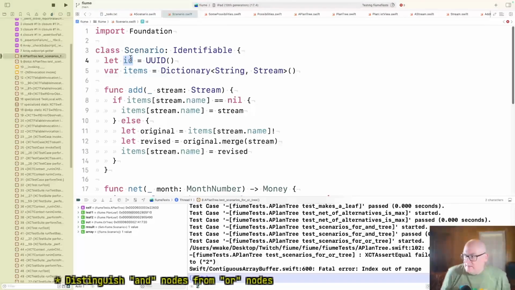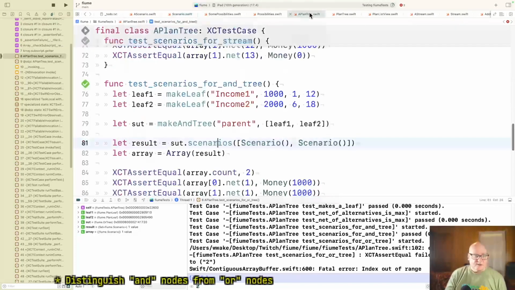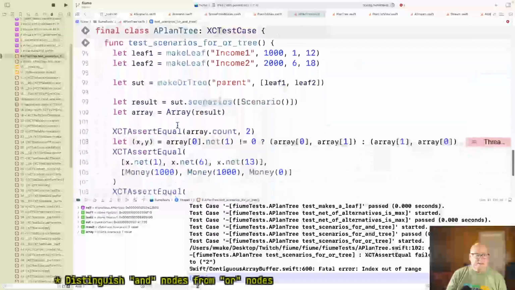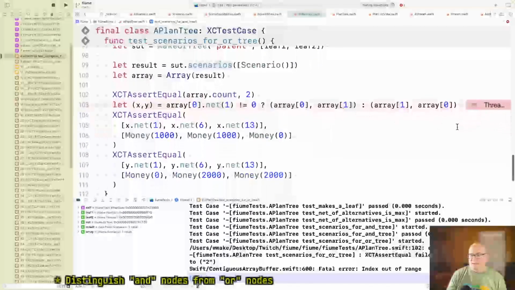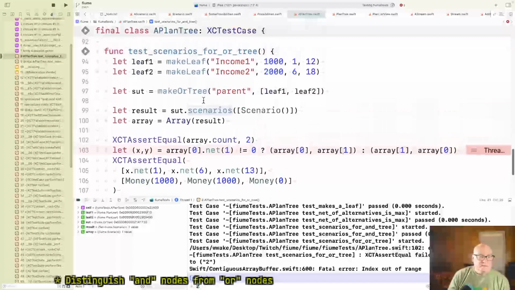Okay. I think so let's set this plan tree on hold for a moment.